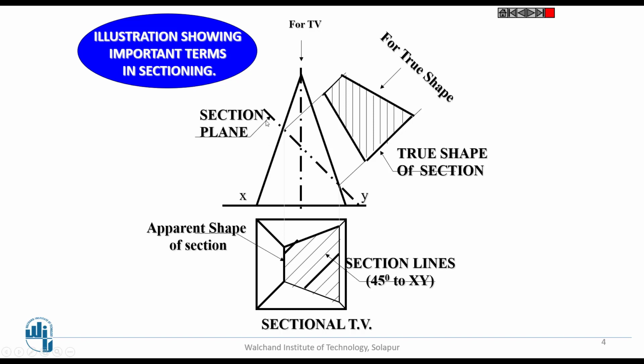Now in the front view you have drawn this section plane, which makes a certain angle with the HP and is perpendicular to the VP. Do not worry about the perpendicularity. Only consider whatever angle is given. Now for the pyramid, it is going to cut here. One thing to remember in this problem is that it is going to cut this edge and this edge.